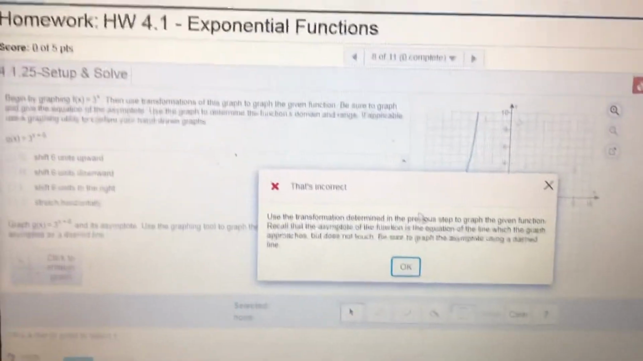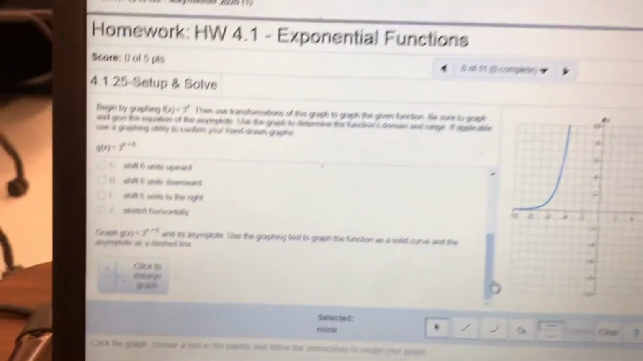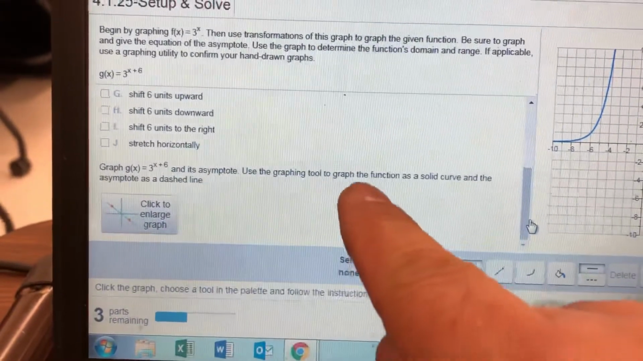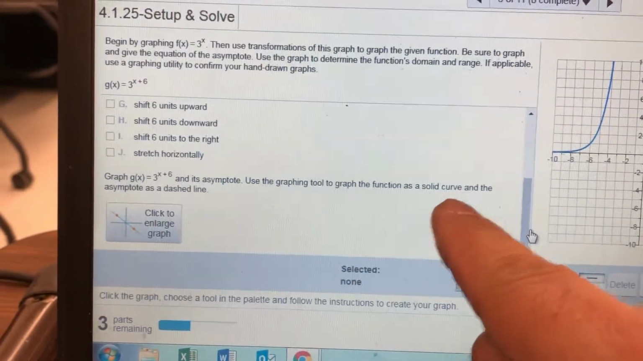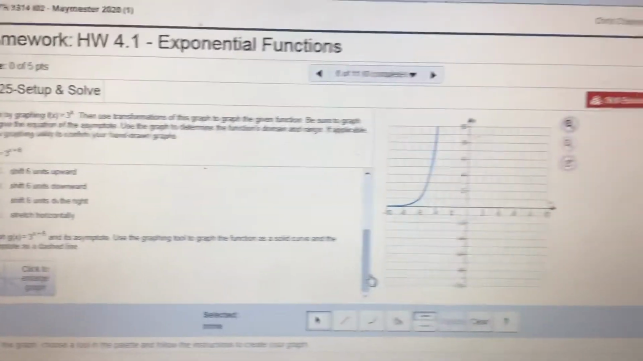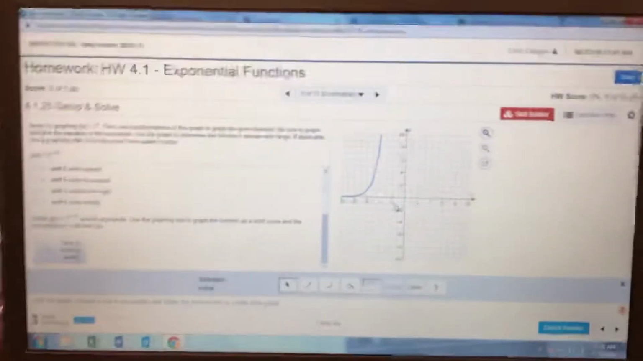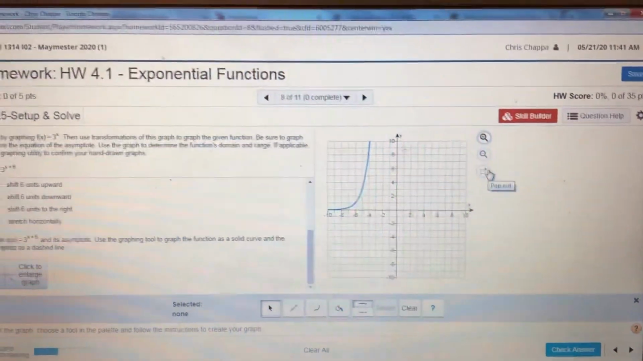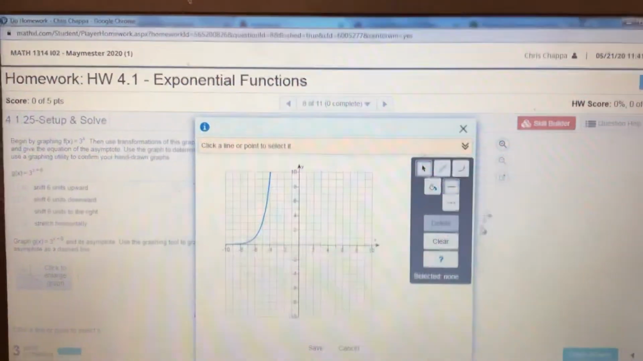Wait, graph the asymptote as a dashed line? I didn't even know I was supposed to graph the asymptote. Graph this and its asymptote. Use the graphing tool to graph the function as a solid curve and the asymptote as a dashed line. So the reason it's counting it wrong isn't because I put the graph in wrong, it's because I didn't do everything it asked. So let me blow this up again,